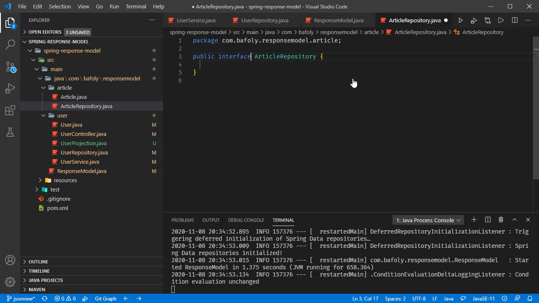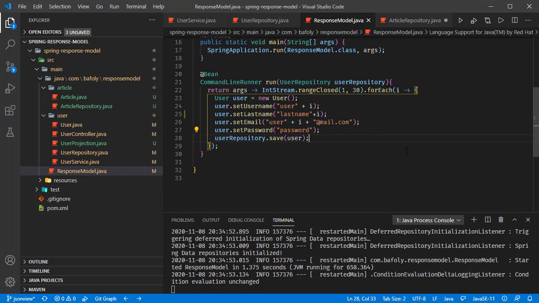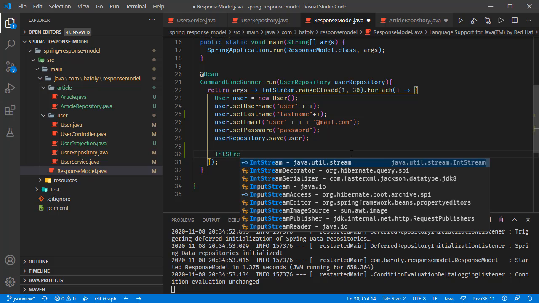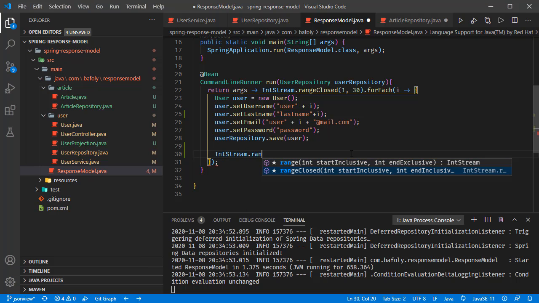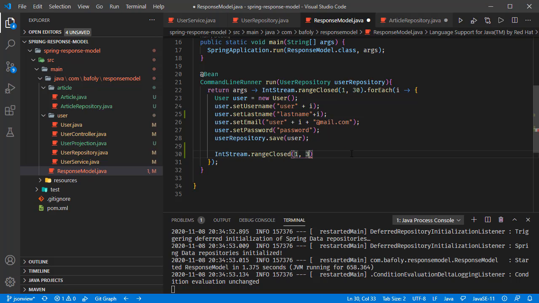And this is an interface extending JPA repository, and our entity is Article and its primary key is Long. And let's create articles for these users. So again we will have another stream here, IntStream.rangeClosed, let's say from 1 to 3. Each user will have 3 articles. We are getting the index j, and we will create an article,